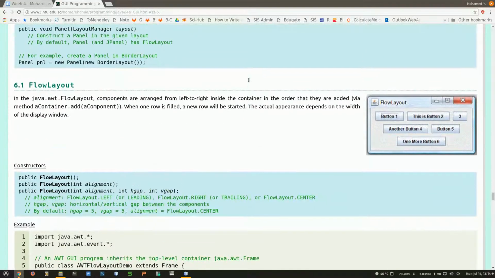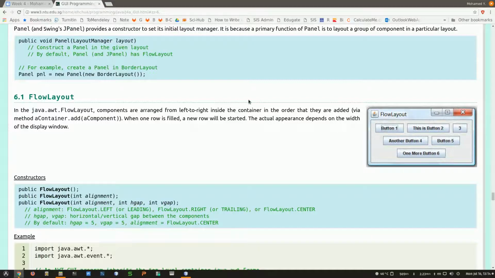So these layouts are defining how controls or components are going to be put into the frame. Actually, we have seen so far that you can choose one layout for the whole frame. But there's a way you can have different types of layouts within the same frame. This involves using components that can accept different types of components inside of them. It's a container component called a panel, and we're going to see that also today,